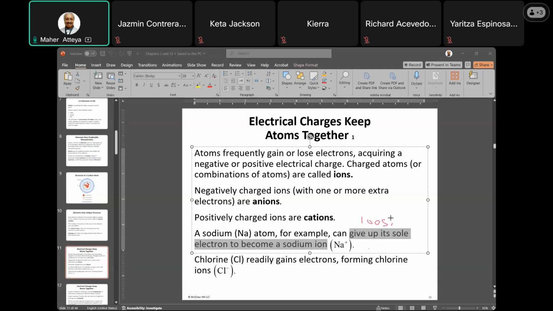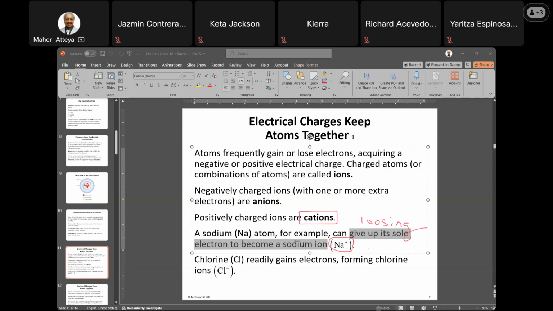When the element loses electrons, then the number of protons will exceed the number of electrons. In the neutral atom, the number of protons equals the number of electrons. However, when the atom loses some of those electrons, it becomes positive because it has lost some of the negative charges. In the neutral one, positive charges equal negative charges. But when you lose electrons, the atom will appear positive, such as sodium plus. It loses one electron and becomes positive. This one is named a cation.